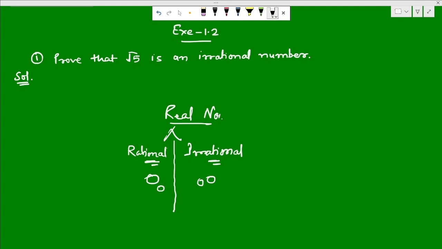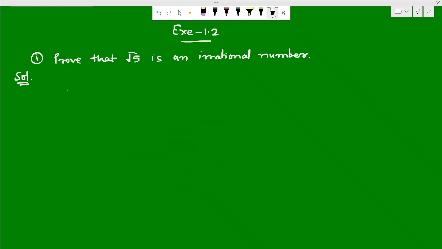So we use this contradiction. Let's see how to solve. First of all, we'll be assuming the opposite. The process of assumption will be like this: let the square root of 5 be a rational number, just the opposite of the irrational number we have to prove. So we have assumed that root 5 is a rational number of the form